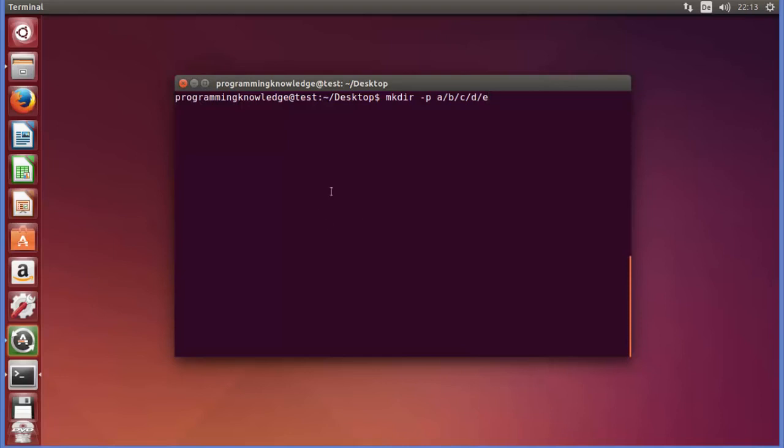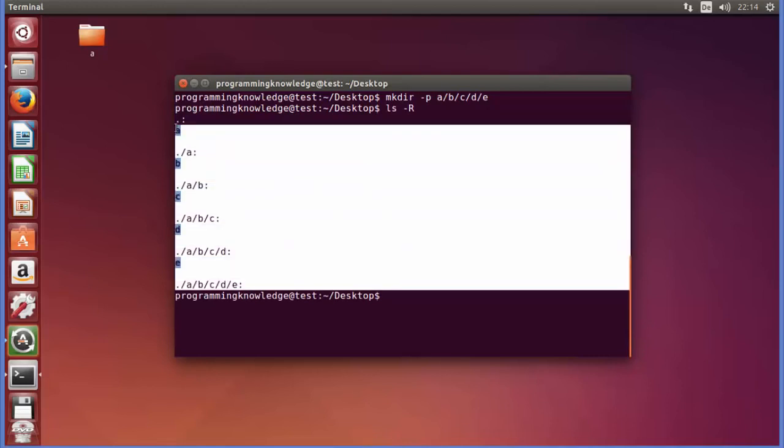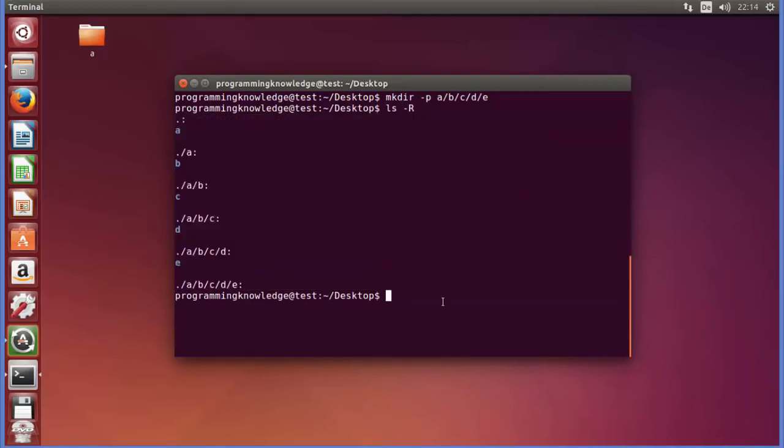I want to create this directory structure once again, and I will press enter, and it creates the directory structure once again, and then I will just do ls -R, and you can see the directory structure is created. And then there is one command, which is this rmdir -p, and then for example you want to